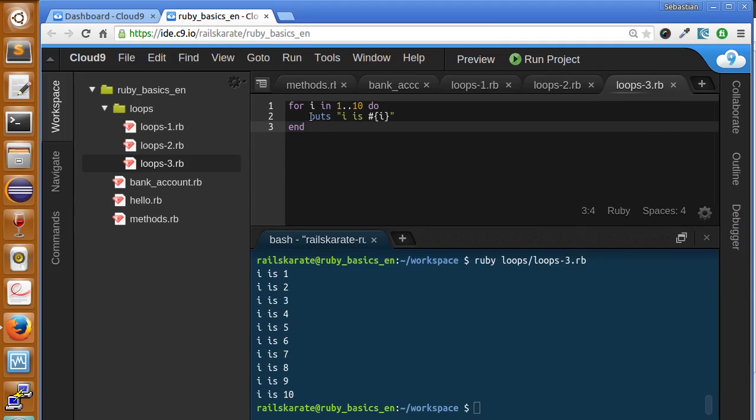We can do whatever we want inside of the body of the loop. For example, let's say we want to create a for inside of the for. This is not very used, but I want to show you, to let you know that we can make anything we want. So for j in 1..3 do